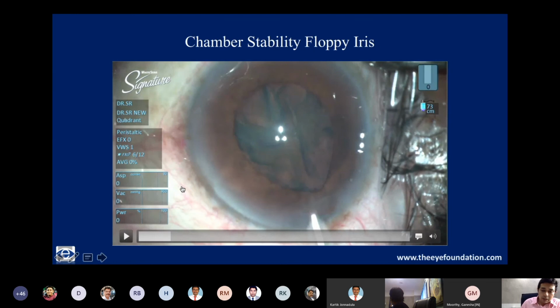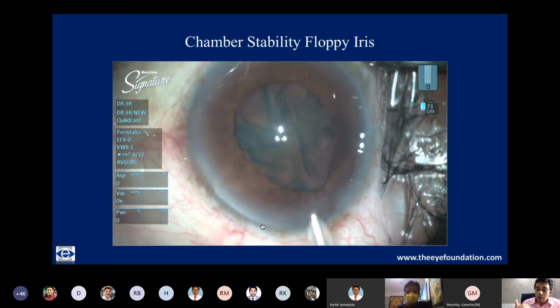Yeah. So it is at the stage of hydrodissection when you can have the highest incidence of the iris prolapsing out. Now, at this stage, once the iris prolapses out, there is a natural tendency for all of us to either push in viscoelastic or push in the iris from the central wound, from the main wound itself. It is very important that in these floppy iris, we understand that the iris is floppy or coming out purely when there is increased IOP inside the eye, pushing the iris out towards one of the wounds.